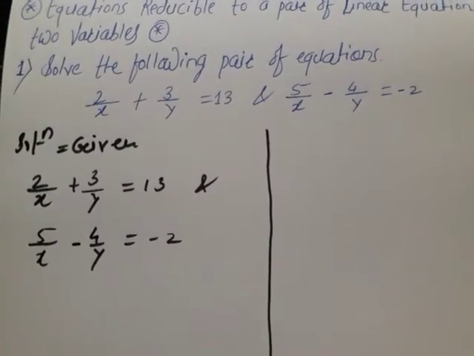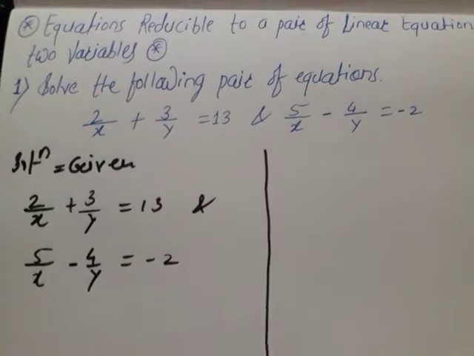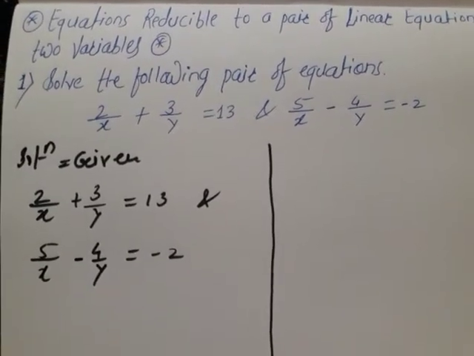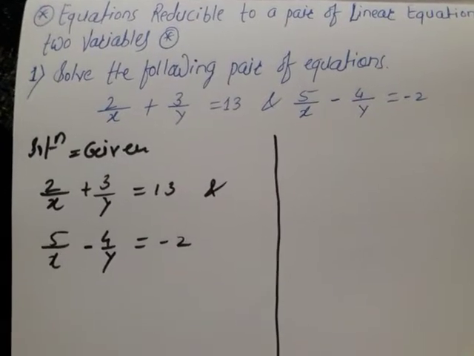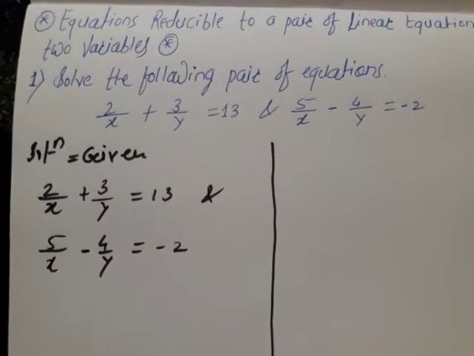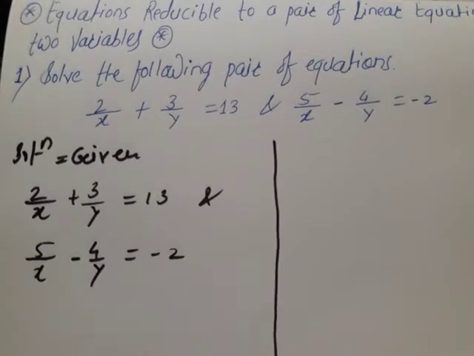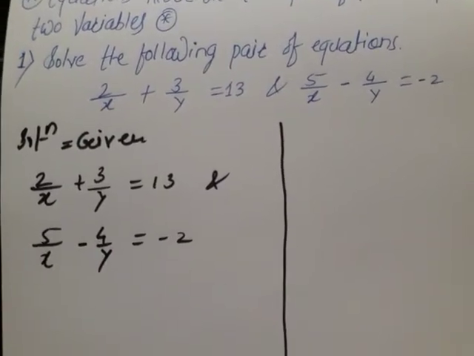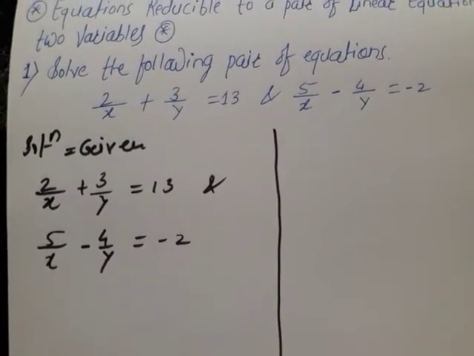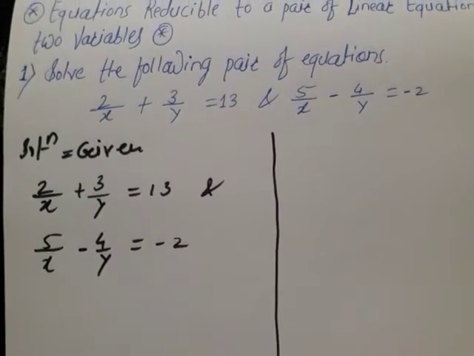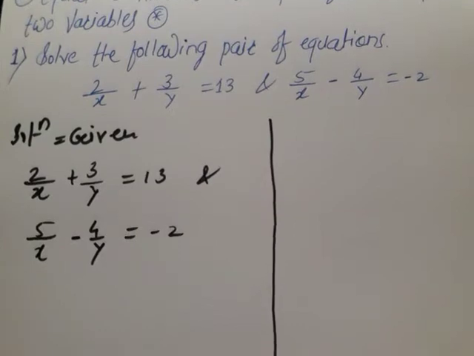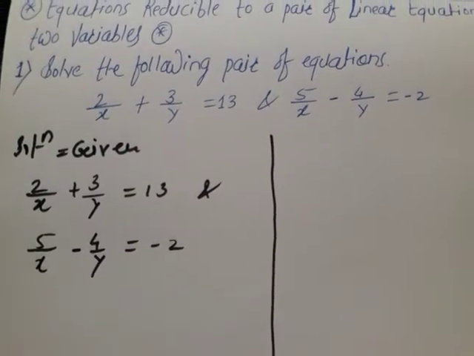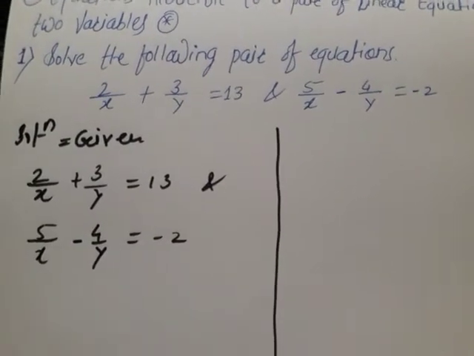Look here. We have decided that first of all we have to reduce the given pair of equations to the form of linear equations, and then we have to solve by using any method. You can use any method here, that is substitution, elimination or cross multiplication, and we have to solve the example. For that purpose, what should we do? Look here. Now we will write the given equations in the following form. The form I am going to show you.